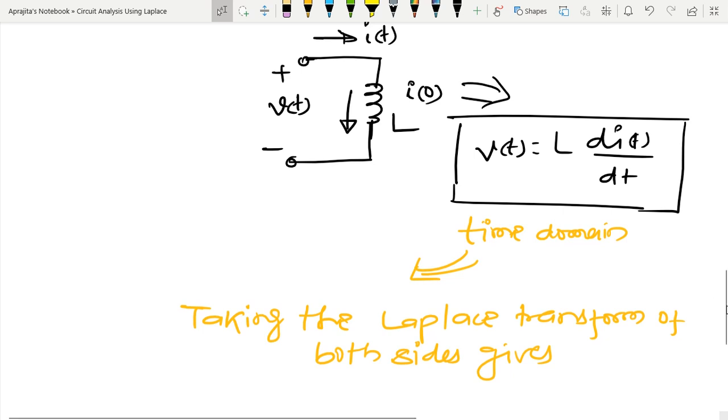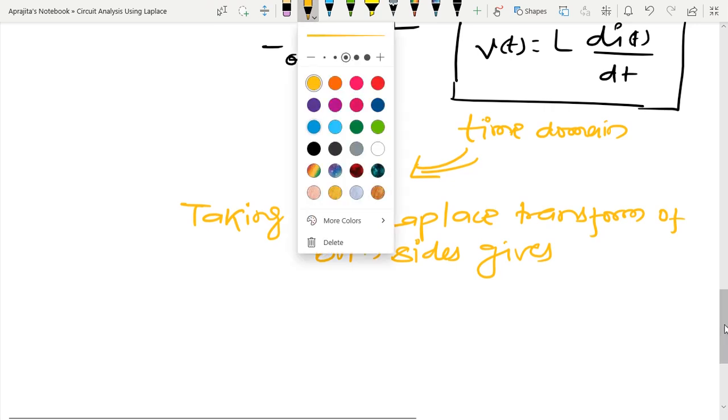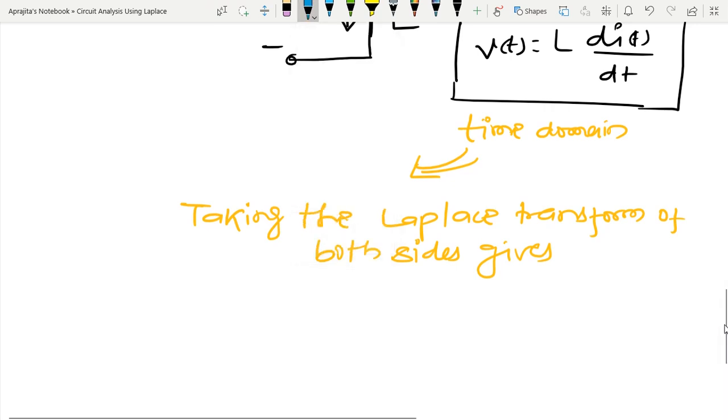Because in the previous case when we had a resistor, I represented Laplace transform of v(t) by V(s). So you can also write the same: the Laplace transform of v(t). So v(t) is in time domain, and in frequency or Laplace domain I have V(s), and after that